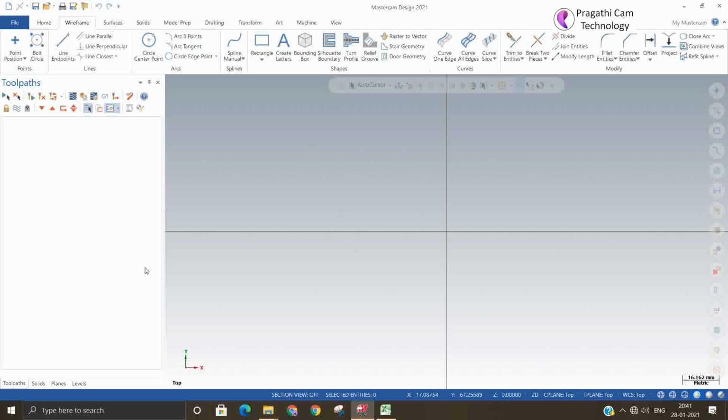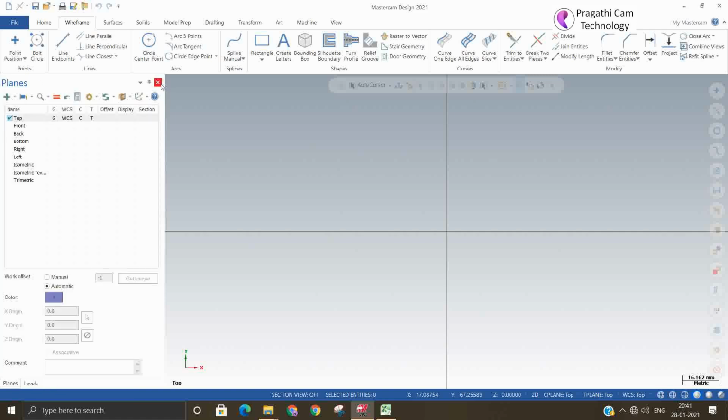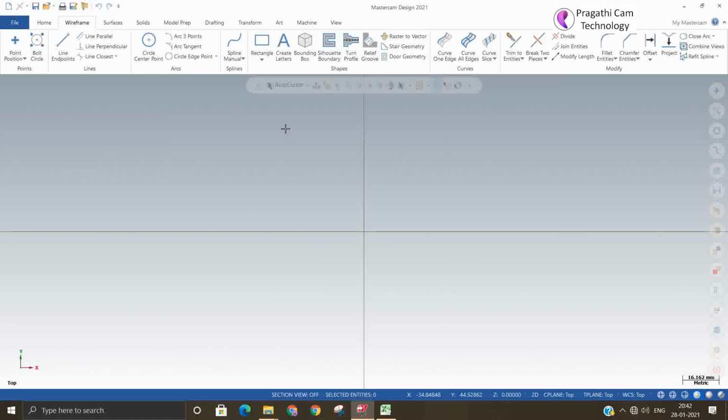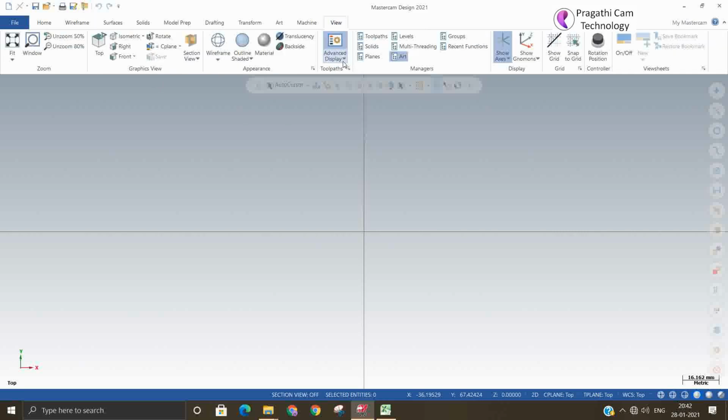Here you can see what are called the Mastercam managers: toolpath manager, solid manager, plane manager and level manager. Sometimes this may happen, people unknowingly close all these managers. So where do you access them? You can go to the view command, and there you can see all these managers are available. You can switch on whichever managers you want.